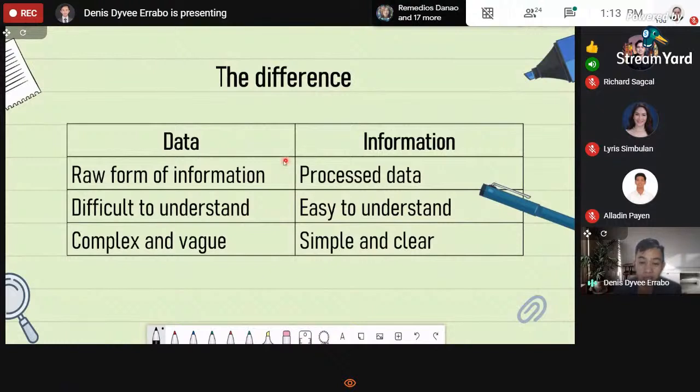So there's a clear difference between data and information, but both of them are very essential, especially when we are communicating our research findings. Data can be determined as a raw form of information, while information is something that has already been processed. Sometimes there may be a discrepancy between processed information and data, and sometimes information alone without data can be